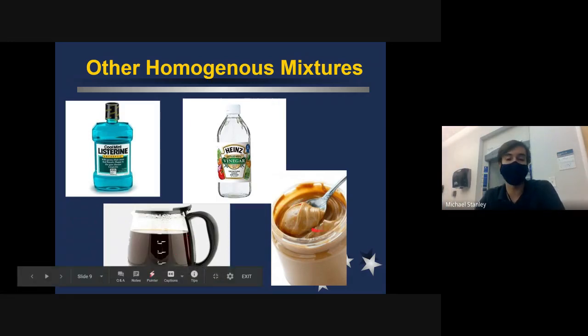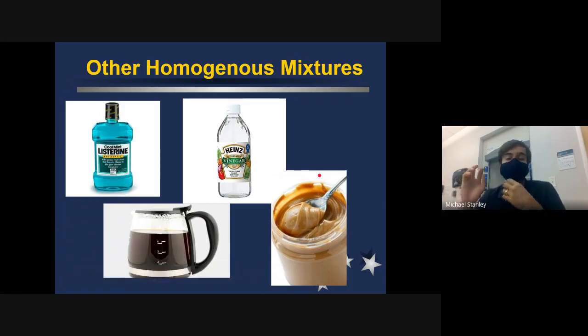Same thing with peanut butter. So peanut butter is one of my personal favorite foods. I love peanut butter. And this only works for creamy peanut butter, but creamy peanut butter is also a good example of a homogeneous mixture, because every single scoop of creamy peanut butter should be the same,